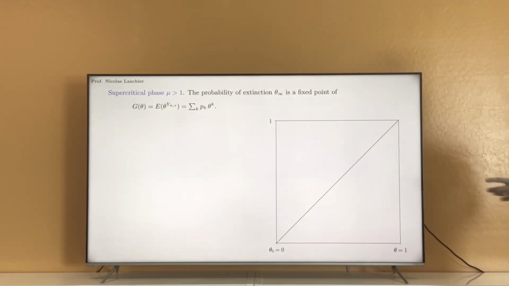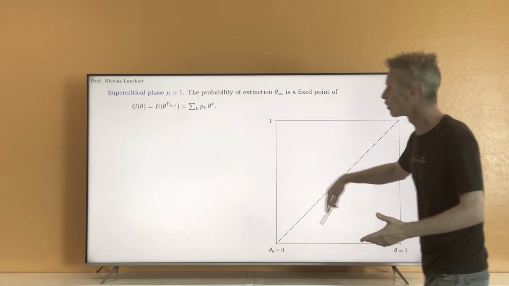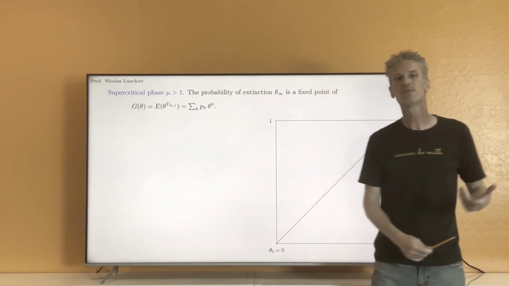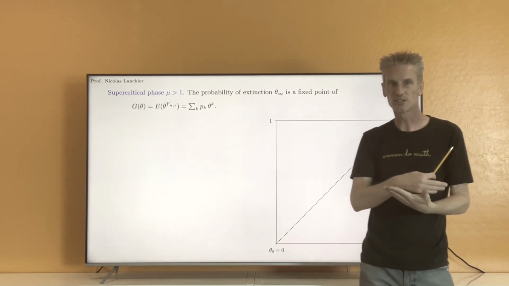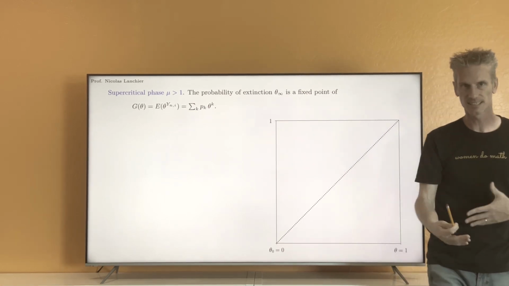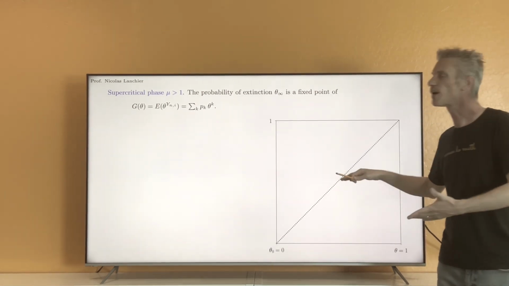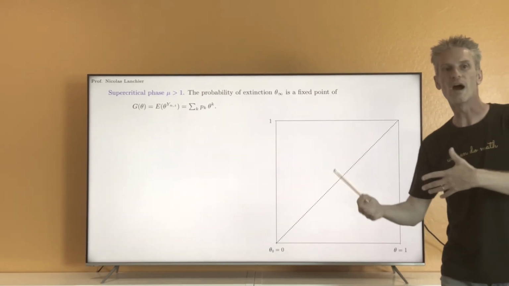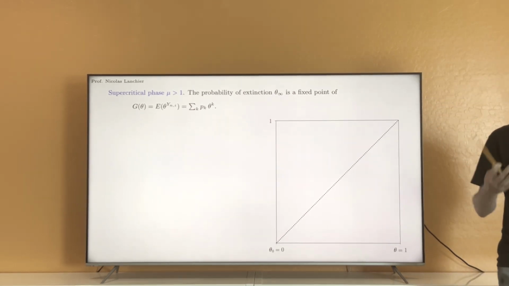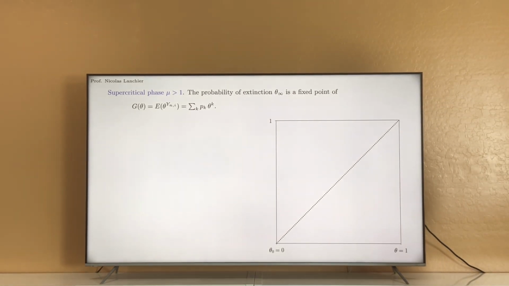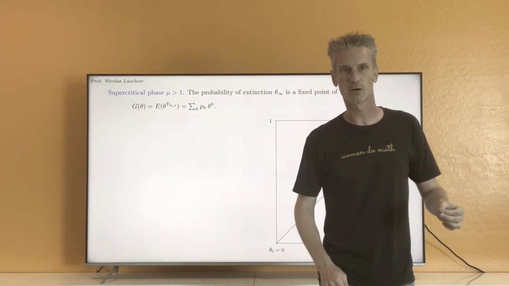All right, so first let's look at particular values of the function at 0 and 1. We can also study the derivatives. We can study the monotonicity of this function, convexity, and so on. And doing all that, we'll be able to find where the fixed points are, or at least existence and uniqueness of those fixed points. All right, so first, let's look at the value at theta equals 0.